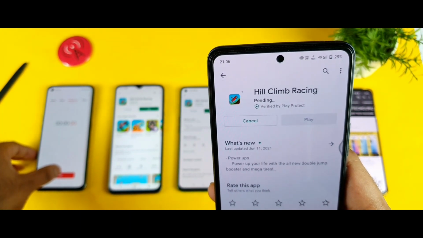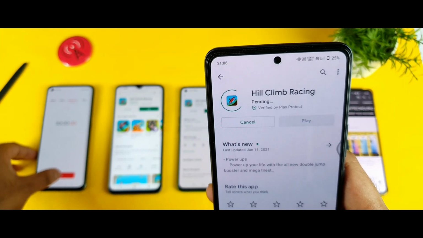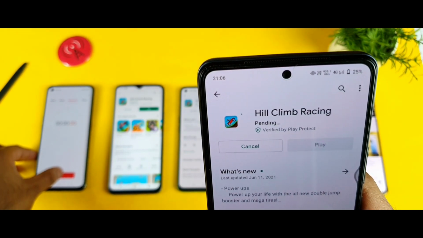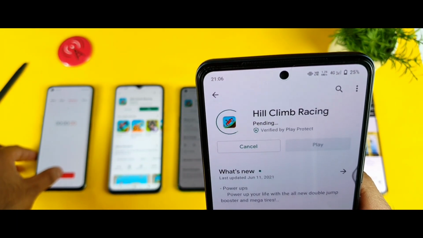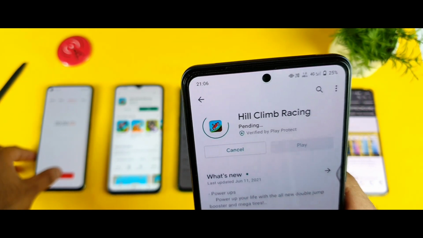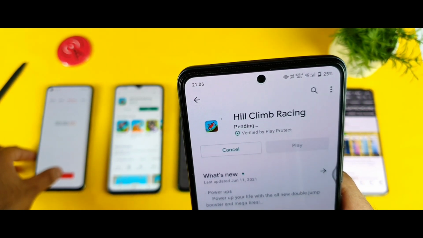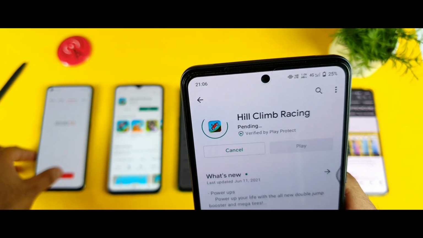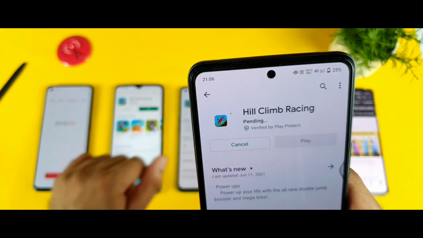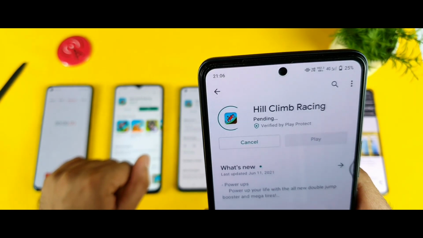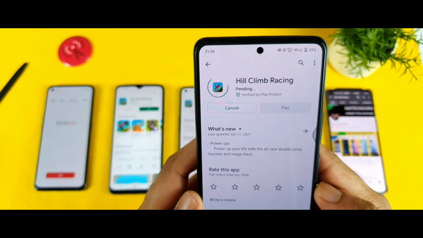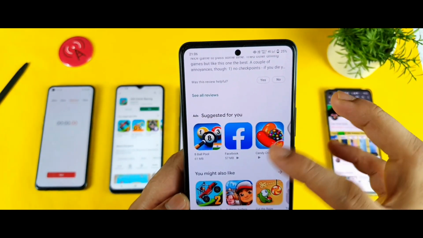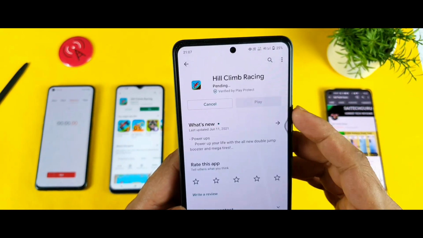So I'm not sure why it's taking this much of time. Usually it should not take this much of time. So it should be really fast. So right now I can see the net meter as well, it's kind of loading 1.2 Mbps. I can see the net meter on the top. You can see 1 Mbps going on, but it's still showing pending. As you can see clearly. Still showing pending. And I'm getting the internet without any kind of issues. I can open everything and it's still pending.